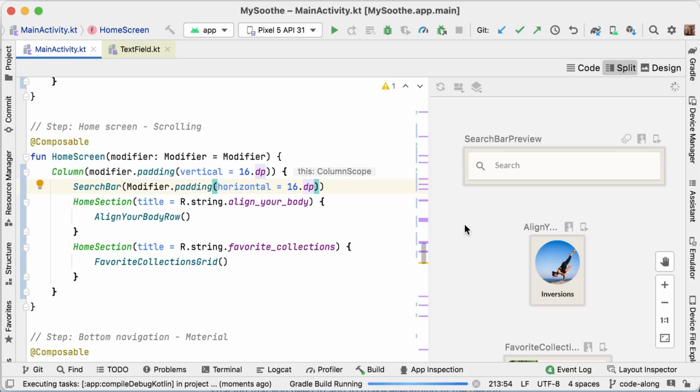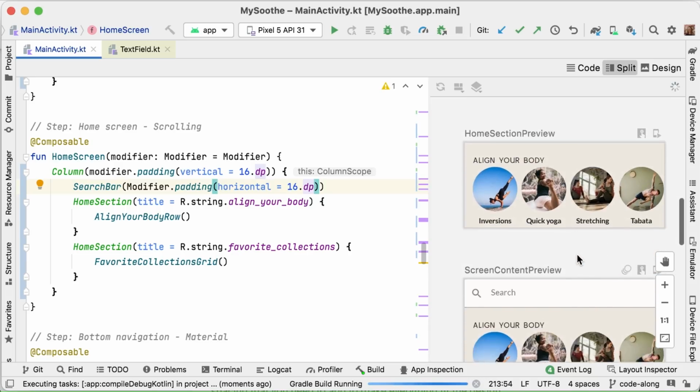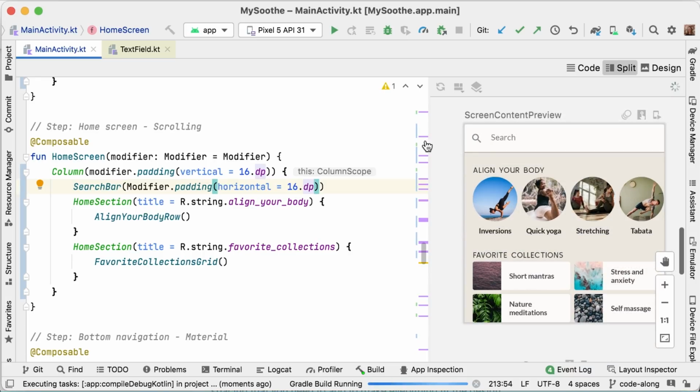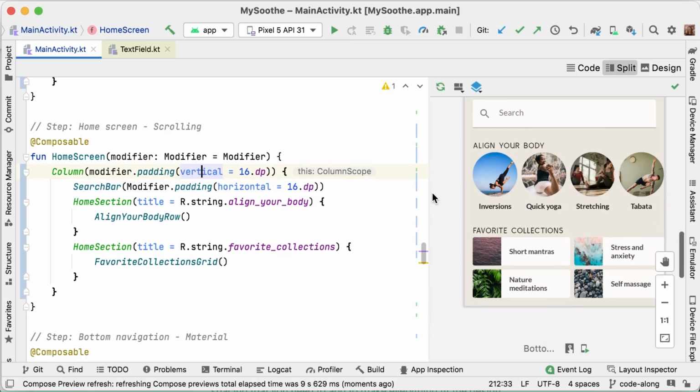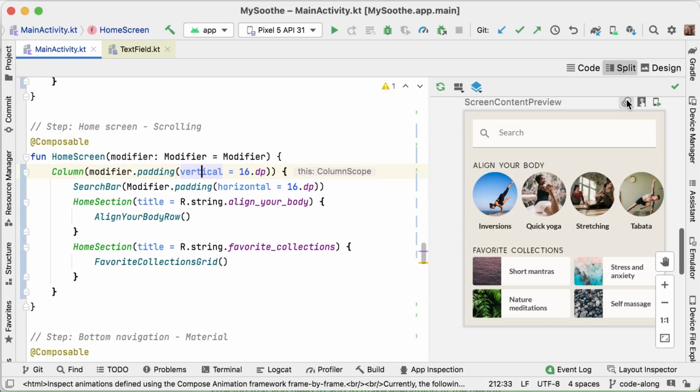And with that, let's take a look at what our preview will look like. So this was before adding any spacings. And now with the updated version, adding that horizontal and that vertical padding, we should see something that looks a lot like our design. And again, we can open it.